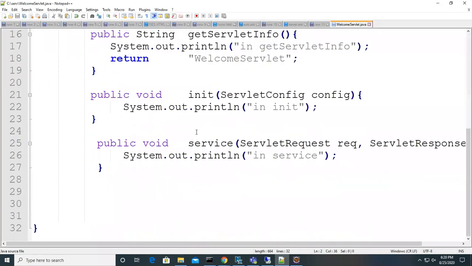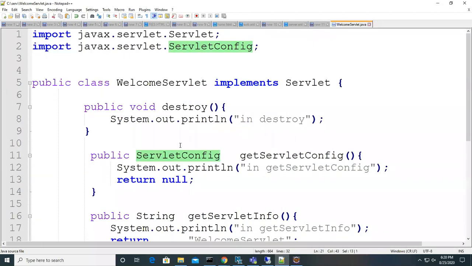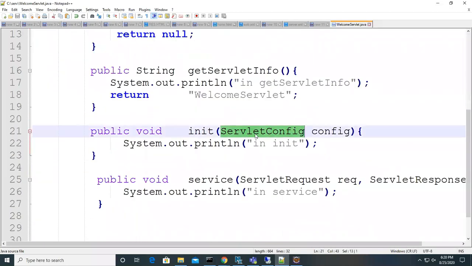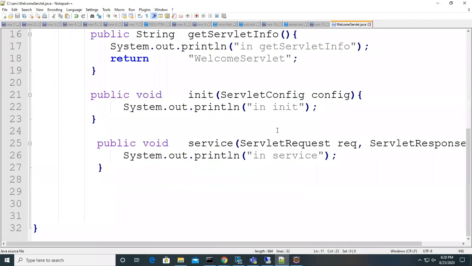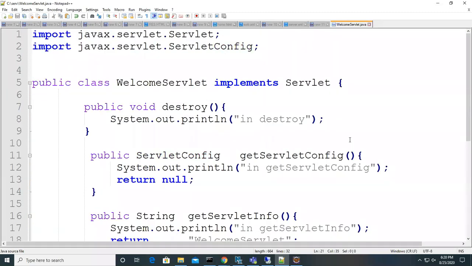That is the reason it says it 2 times: I don't find this. What is this? That is the message we are getting from the compiler. For that, the solution is to add the import, which is part of javax.servlet.